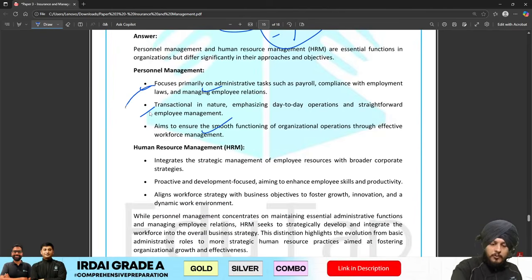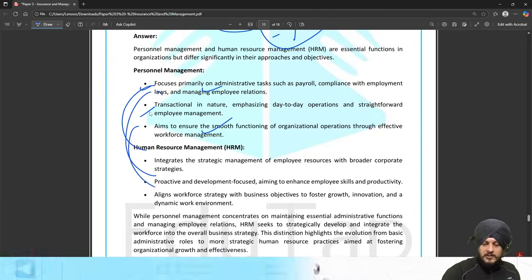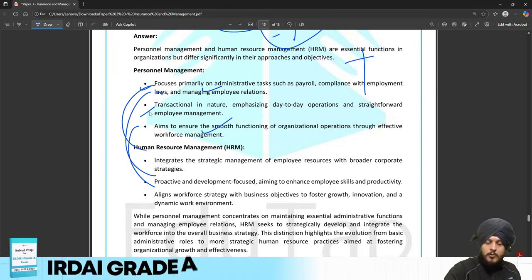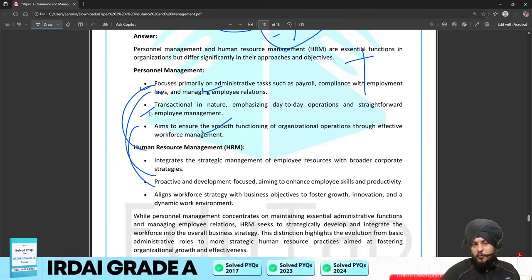And you can compare both of them. Then what do they mean? Now I'm not here to explain you. The point is basically to let you know how you could have structured your answer. Either you can draw it with the help of a table, or you can write it in the form of a paragraph if you don't know the complete answer.